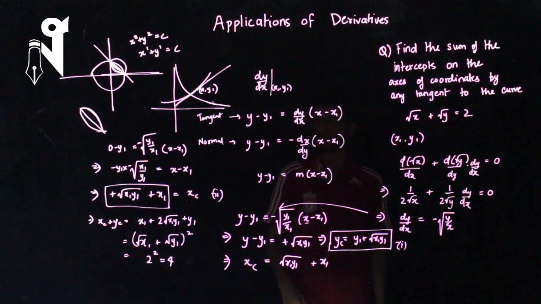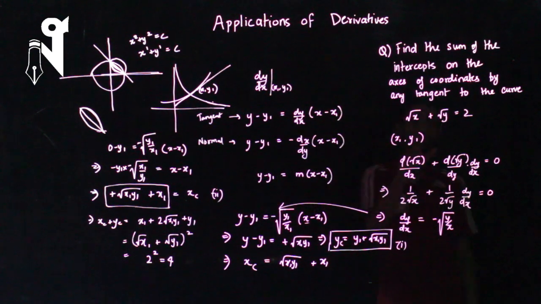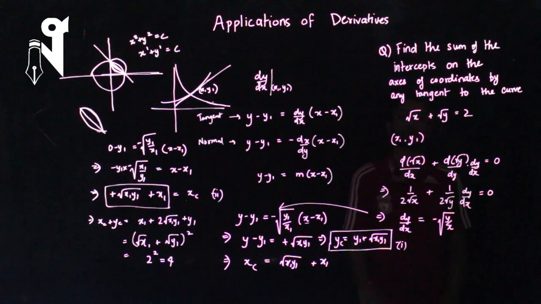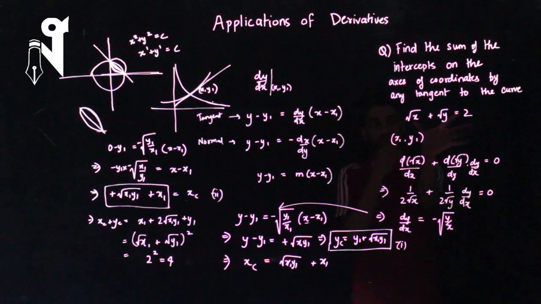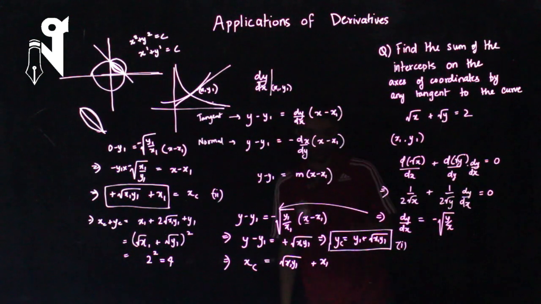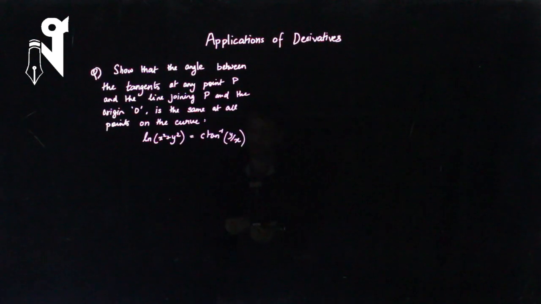Okay. So another thing to note about this question is you can also use parametric form over here. If you take root x as 2 sine square theta and root y as 2 cos square theta, you will basically get this equation satisfied by this parametric form, where you take the variable theta and you can proceed and you will still get the same answer. So let's look at another question,